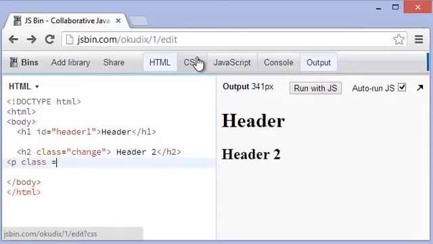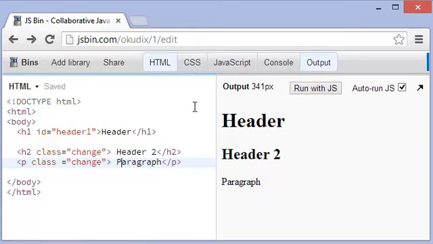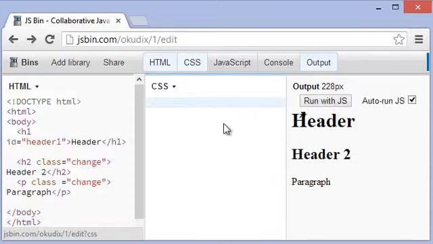class of change as well, okay, and we'll call this paragraph, okay, and we'll close that off just like this. Alright, perfect. I'm just going to go ahead and capitalize that. So now we have header 1 with an ID, and header 2 with a class, and the paragraph tag with a class. So if I hop over to my CSS here, we can type in hashtag header 1, and then